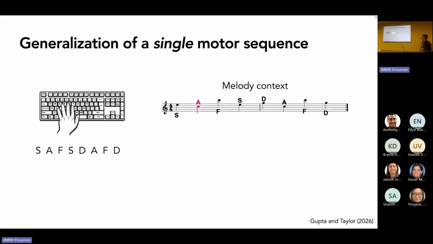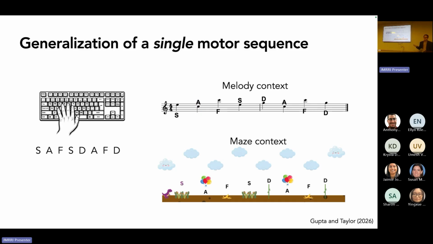And then the other superfluous context is what we call a maze context. This is like a side-scroller Mario platform game. You have this little dinosaur, you press S, it jumps over the cactus, you press A, it ducks underneath the balloons, and it would animate across the screen. So with this one you get the music with it, you see the letters change, and here you see the little animation. Sorry, I couldn't get the animation to work from my postdoc's slides.